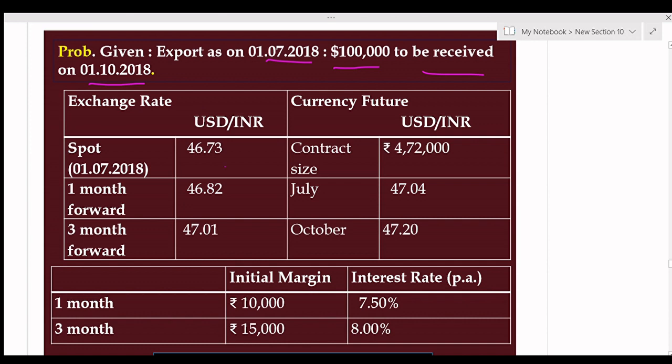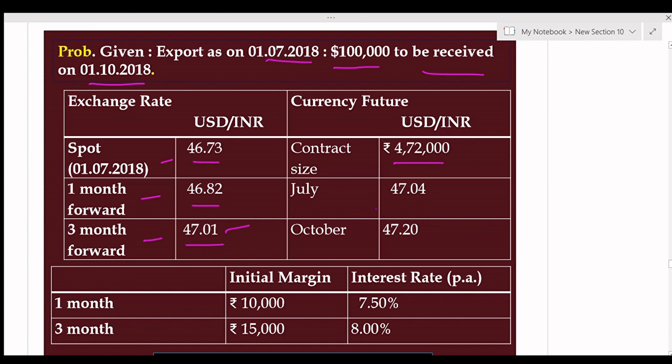Given the spot rate on 1/7/2018 is 46.73, the 1 month forward is 46.82 and the 3 month forward is 47.01. It is the forward rate that will be used by the exporter to convert the dollars into INR after 3 months. And the contract size for the future contract is